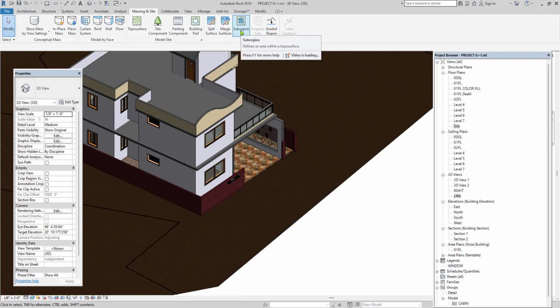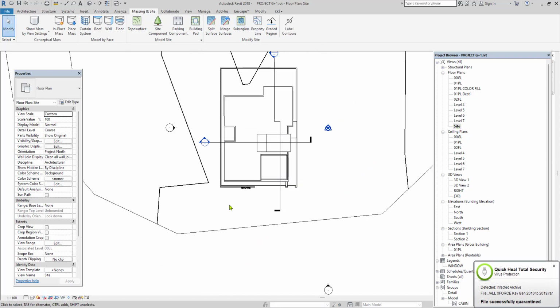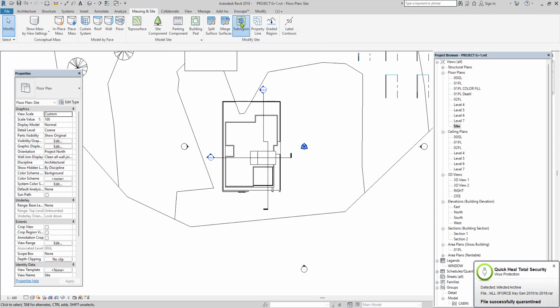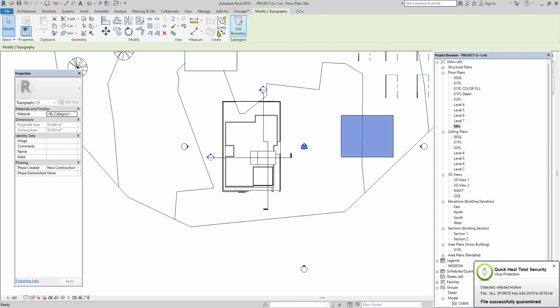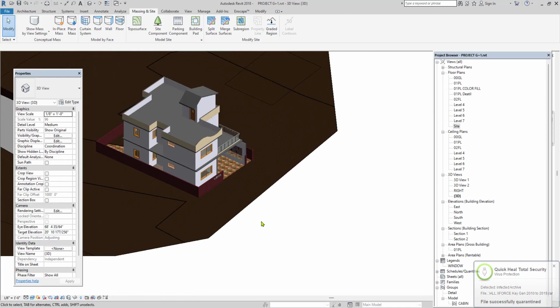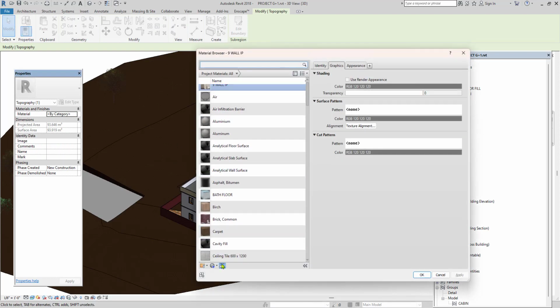Next one is sub-region. You can use this sub-region to show a separate sub-region area, just take a different shape and then show it. Once you're done, you can give a different material for that. If you want to show some form, I'm just clicking the by category option.